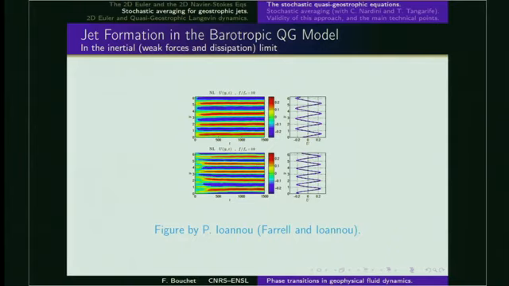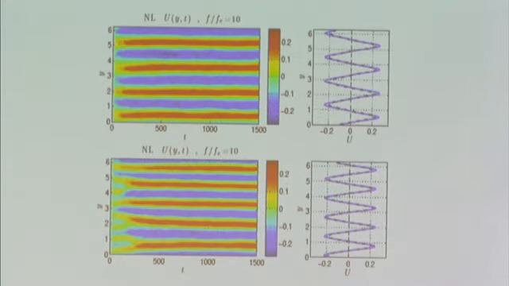It's a numerical simulation that has been done by Brian Farrell and Petros Ioannou. You can see here what happens for the average velocity u, which depends only on one coordinate y, as a function of time, because the flow self-organizes into jets, which are zonal jets. This is y, this is time, and you see that the flow settles close to an equilibrium, which has a velocity u flowing alternatively to the left or to the right, as a function of the latitude y.